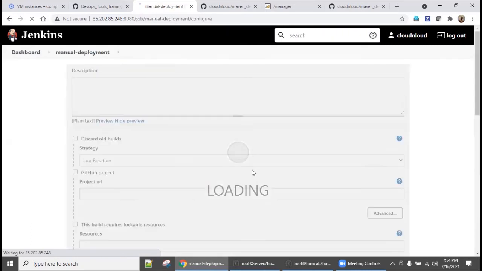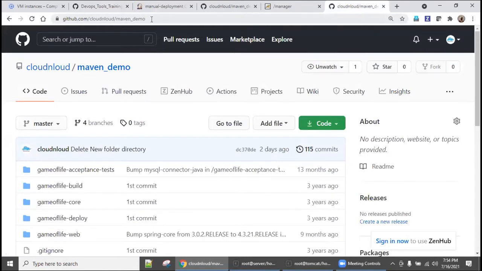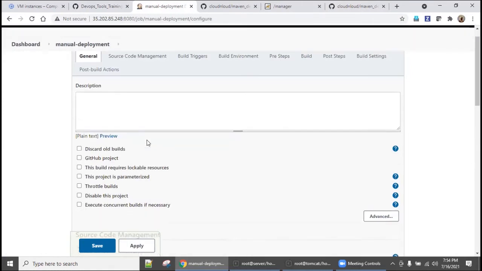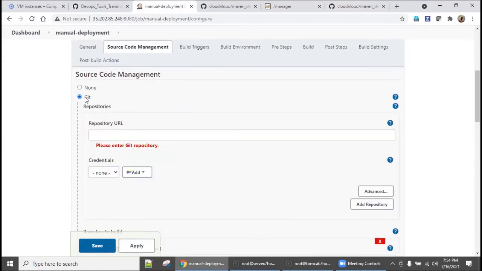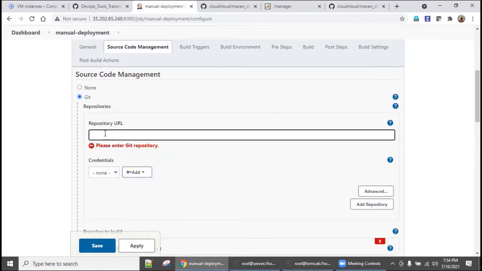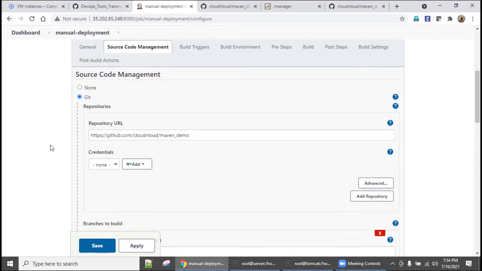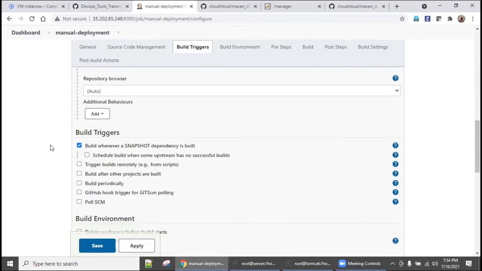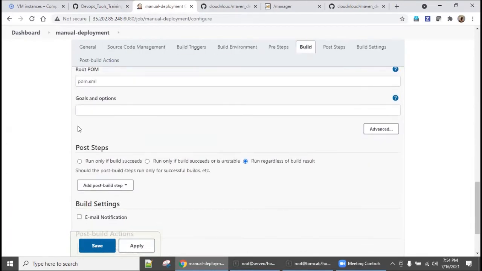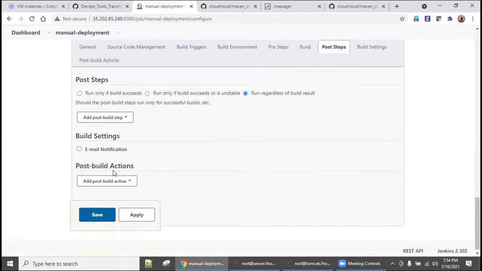The moment I came here, you need the sample code. So I'm copying this, going here, come down. Yes, source code management is Git. I'm going to say this is the URL, come down, pom.xml, automatically pick it up, come down.